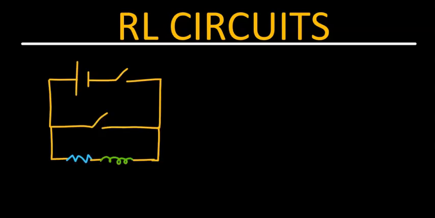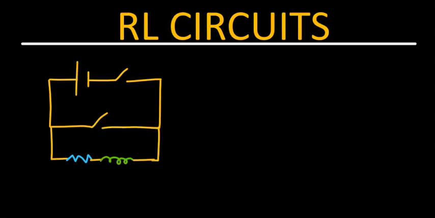In this video, we shall look at RL circuits. R stands for resistor with resistance R. L stands for inductor with inductance L. In an RL circuit, the resistor and the inductor will be connected in series with each other, as shown in